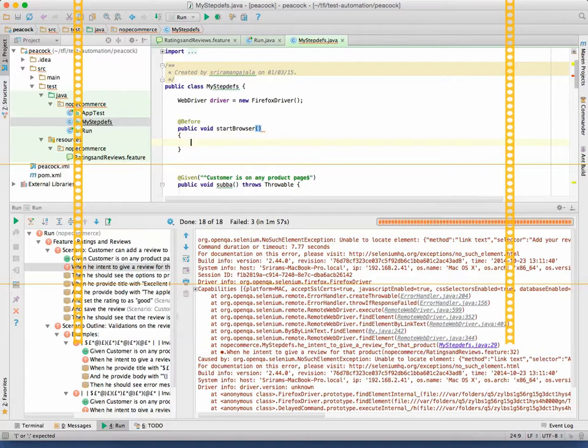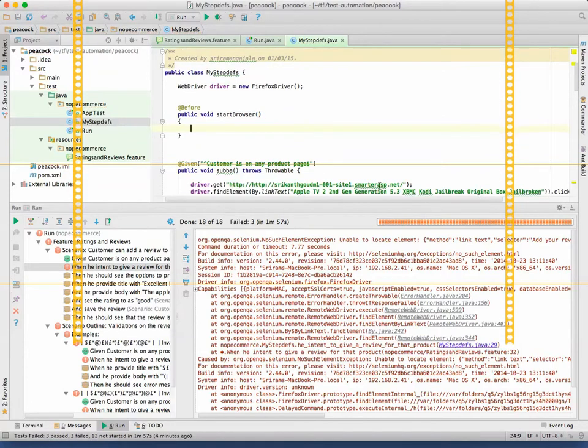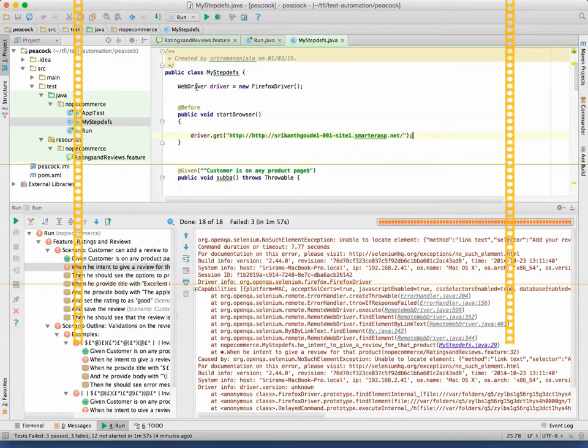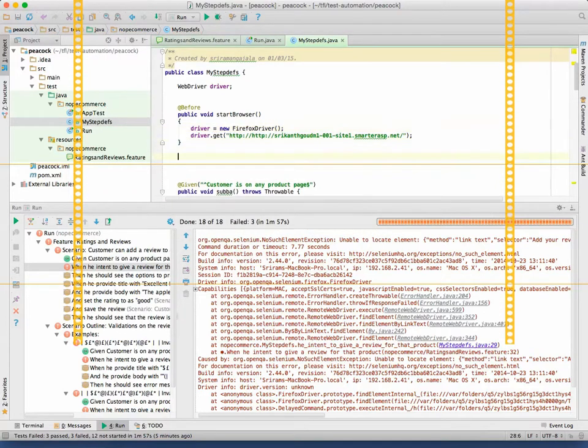Okay, what I will do, these two things. Okay, similarly put after.